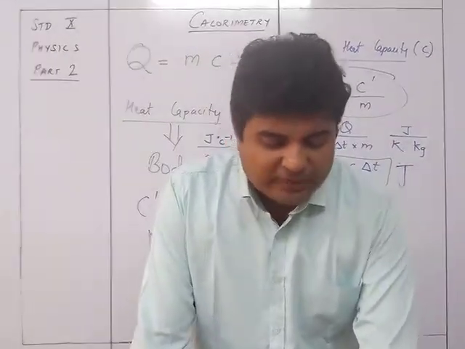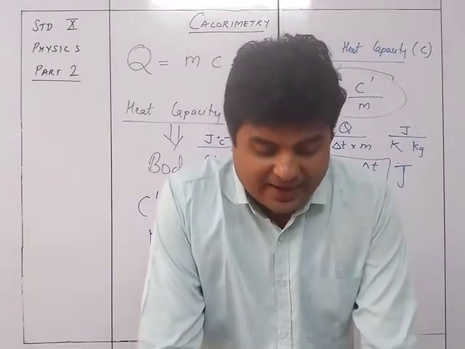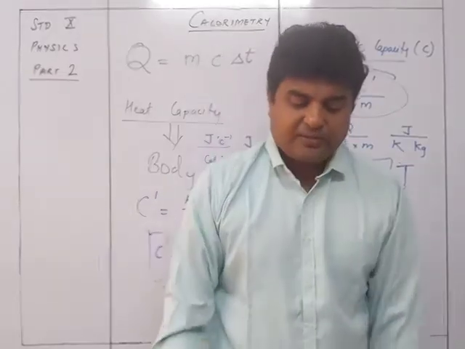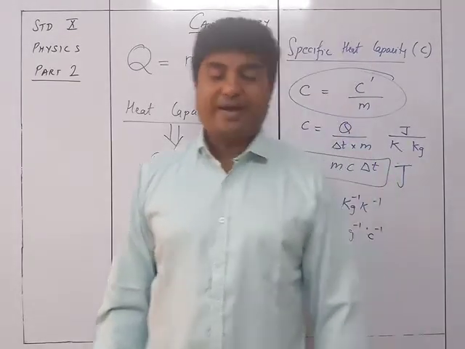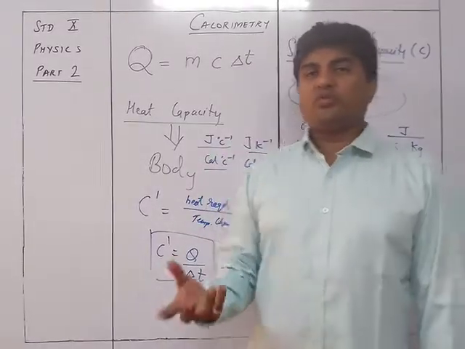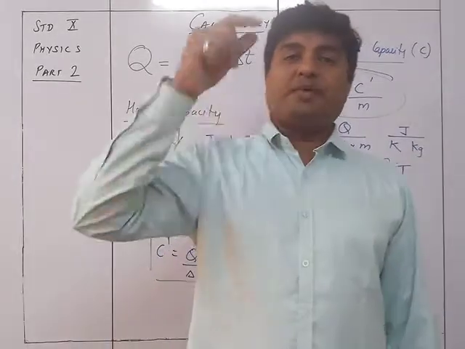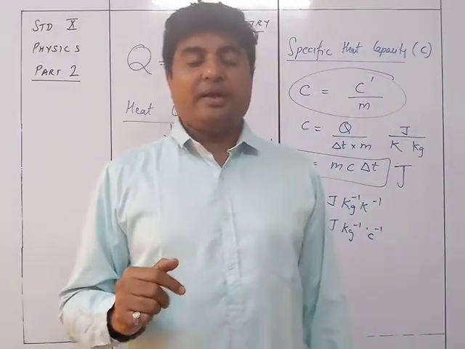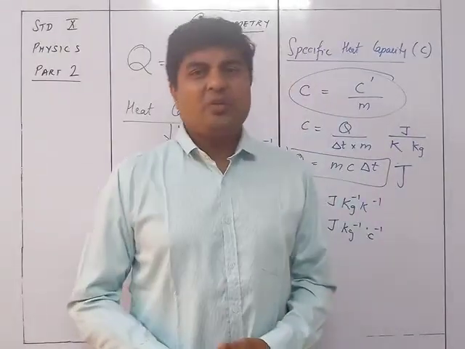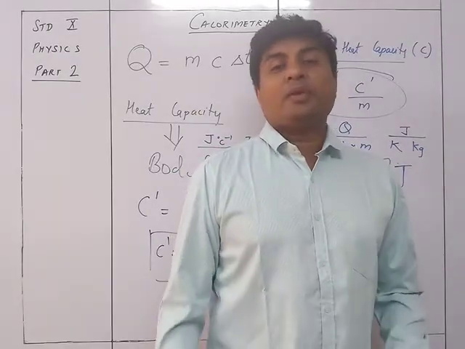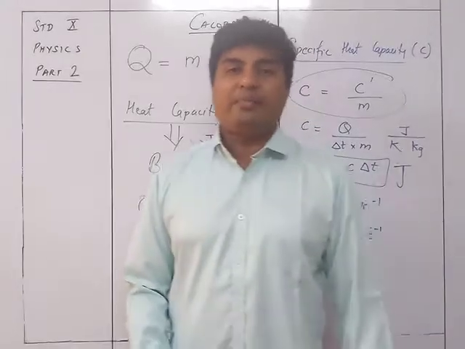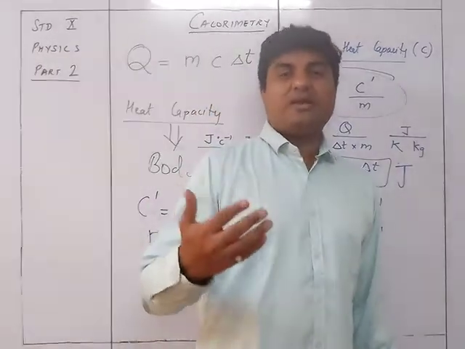The substance with low specific capacity shows a rapid and high rise in temperature. Thus, it is a better conductor of heat than the substance with high specific capacity, which shows a slow or small rise in temperature. So, of course, the one with a low specific capacity will rise in temperature very fast because it is a good conductor of heat. Whereas a substance with a high specific capacity will take a longer time to heat up, and that's why the temperature rise will be very slow.